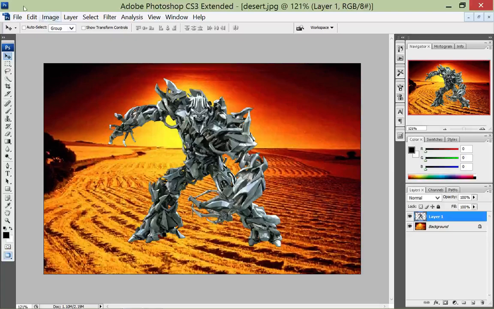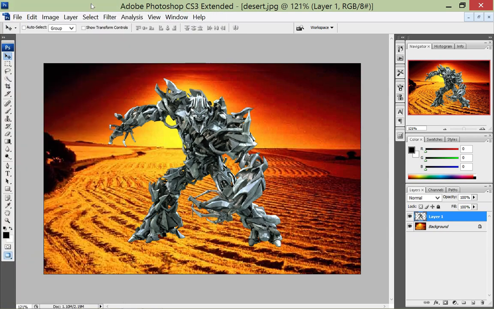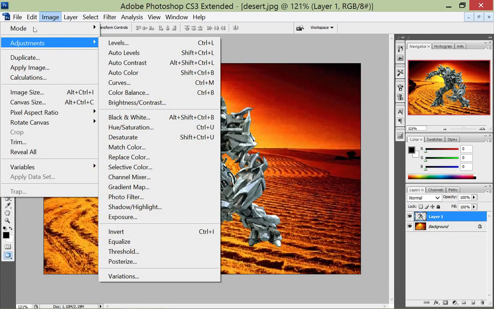So here it is, folks. This is the image menu we're going to go to. Man, there's a lot of things inside of Photoshop. You can get lost in all these ridiculous menus. There's just so many. But I'm going to go to Image and Adjustments is where I'm going to start. And I'm going to show you guys, first of all,